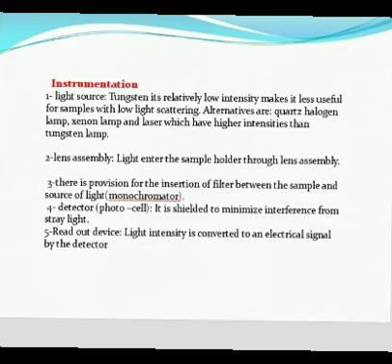The main instrument parts are the light source, lens, filter, and detector.